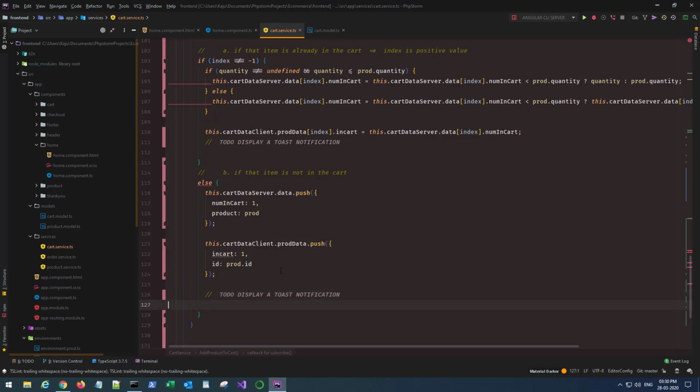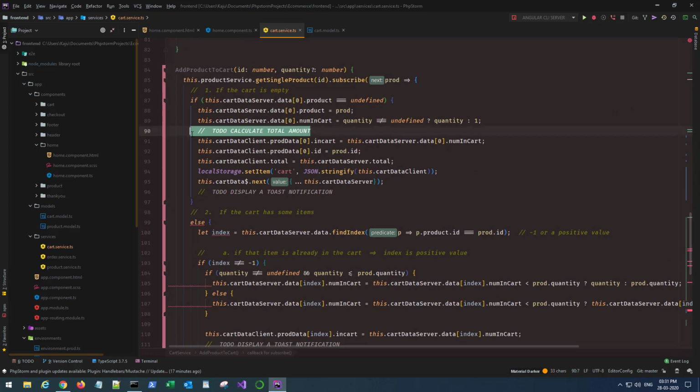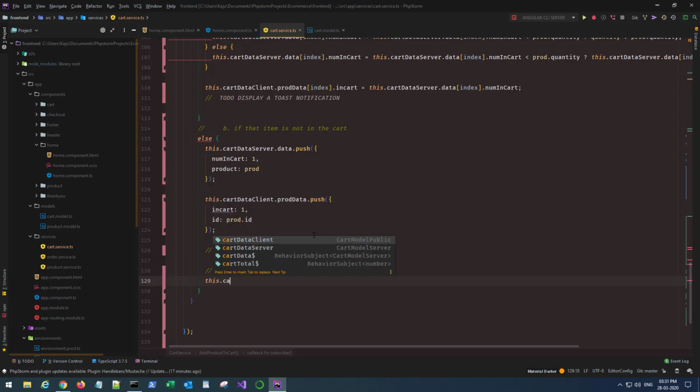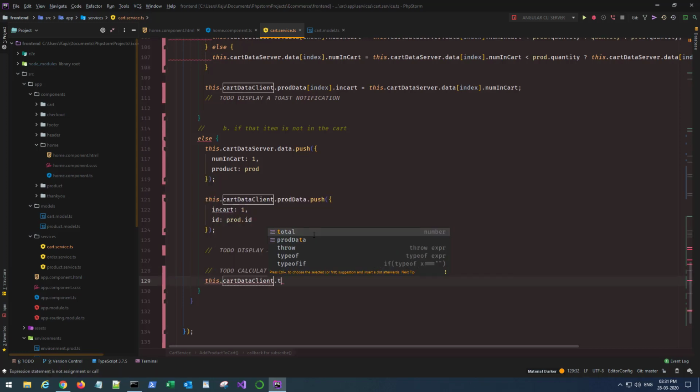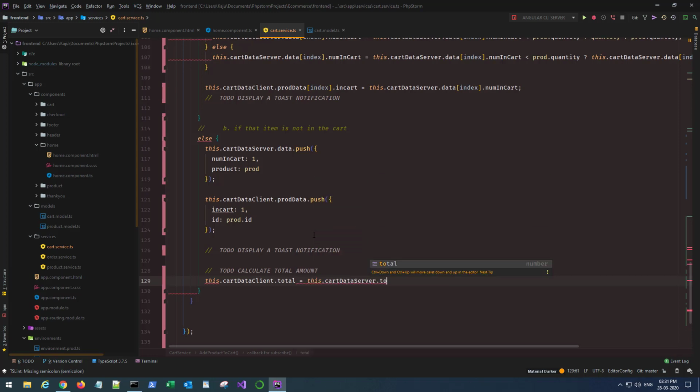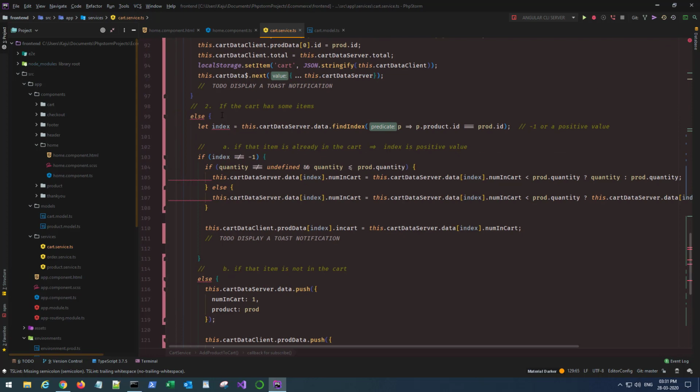And after that toast, I will be calculating the total again. So calculate total amount. Okay, and then this.cartDataClient.total will be equal to this.cartDataServer.total. Make sure you always do this, otherwise the total will be different. And once you change the cartDataClient object, make sure you replace or update the